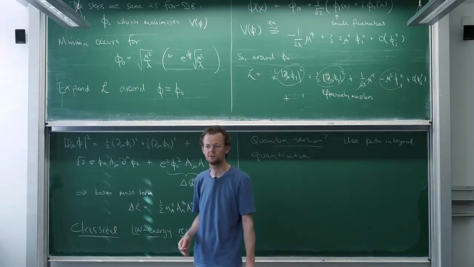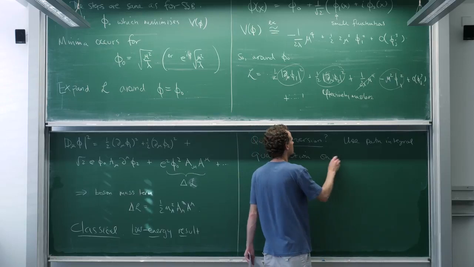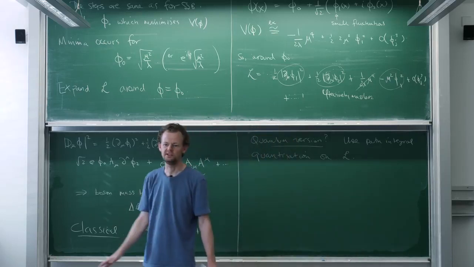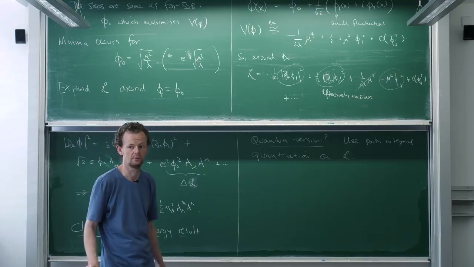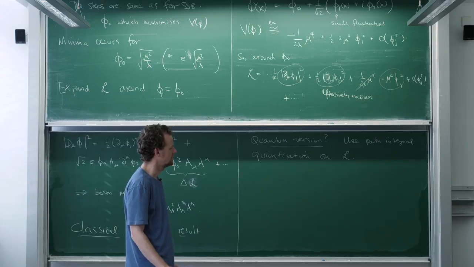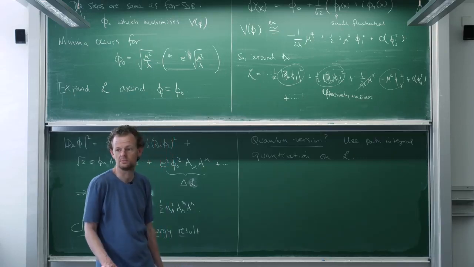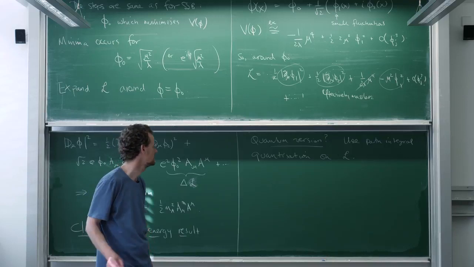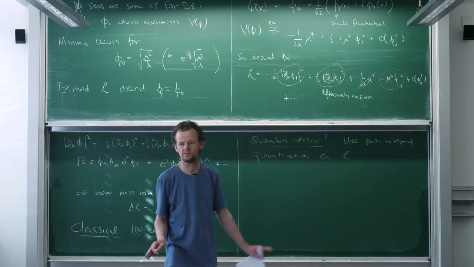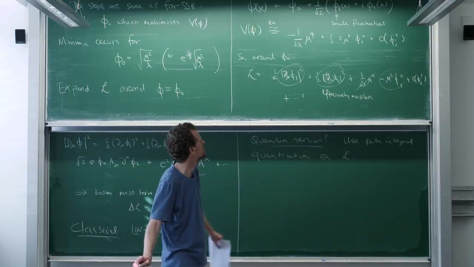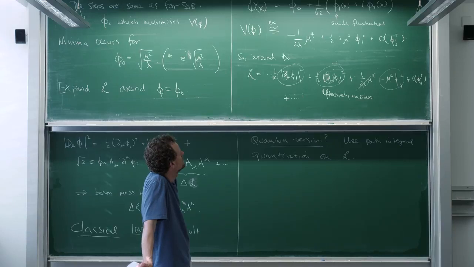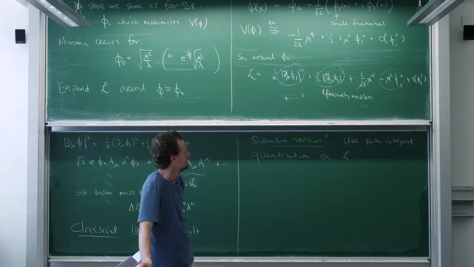step one is to use path integral quantization on this Lagrange density L. I think that's the easiest way to approach this problem, although you could do a Hamiltonian version on the lattice if you wanted, or even a lattice version in Euclidean lattice. But I'll warn you that lattice is not particularly well suited for this problem, at least as it's written, because the lattice is more a kind of, well, no, I guess this would work fine on the lattice as well. So you use a path integral.